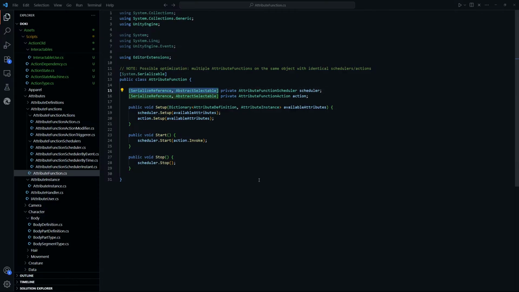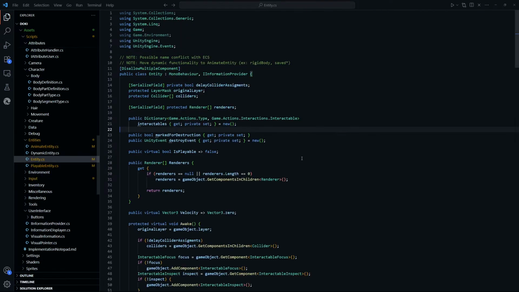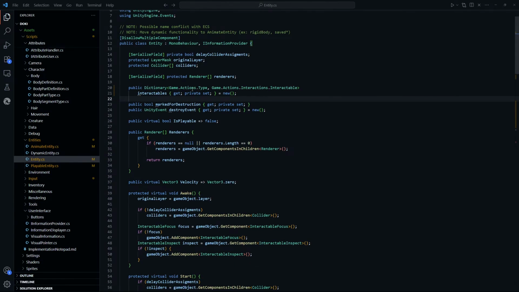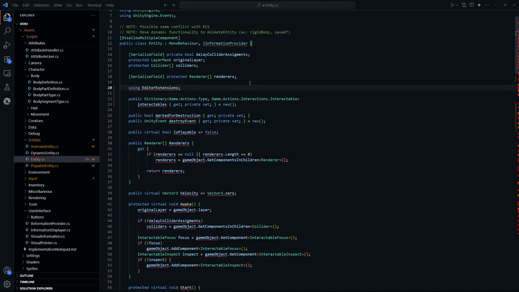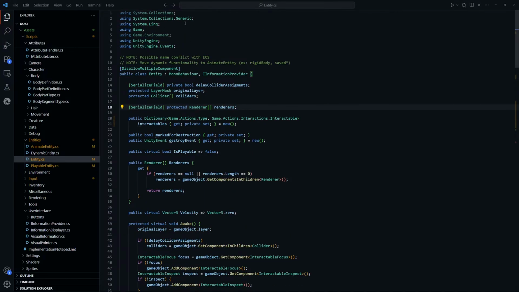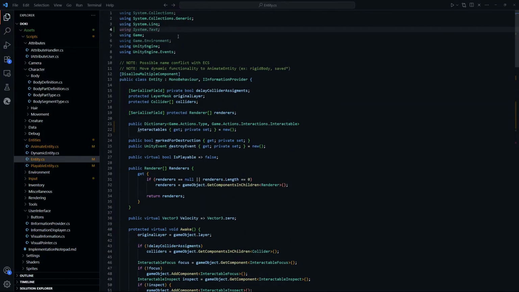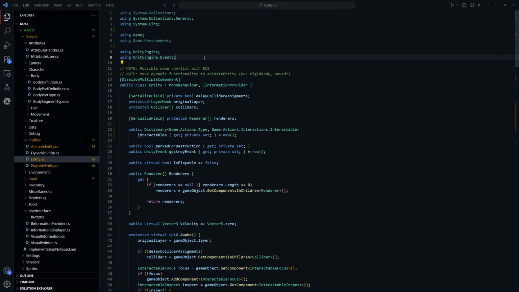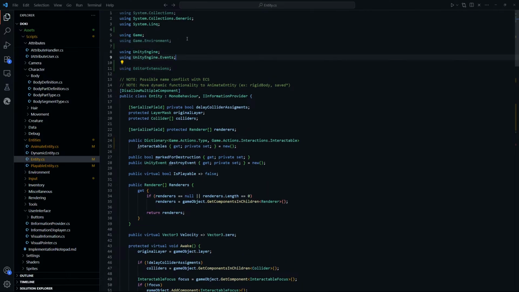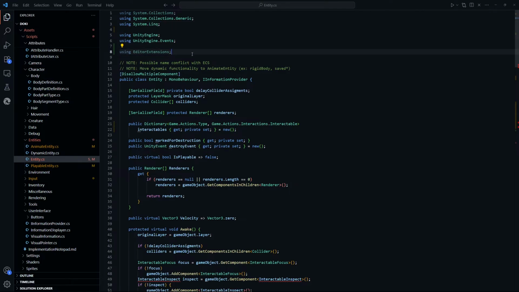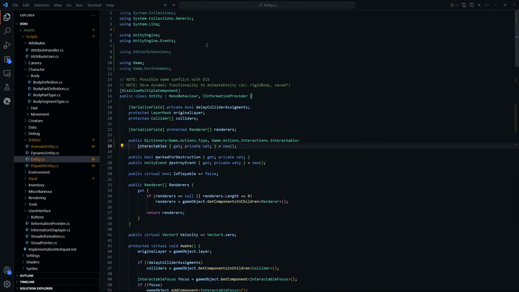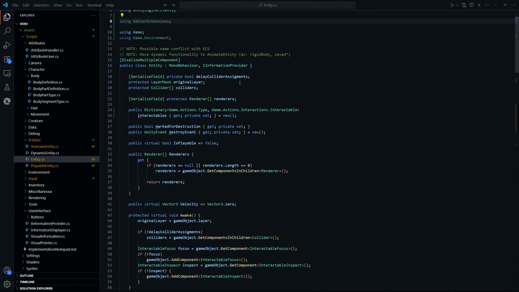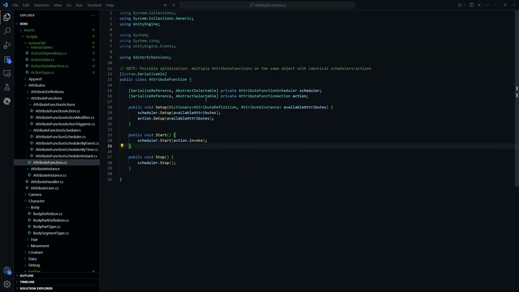Okay, let's try this. Editor extensions. We're gonna do it here. Not this one. Let's clean this up a bit. Game environment, Unity. Then we have this one. I always want to have the game related stuff at the bottom. System, Unity. Okay. And then we do